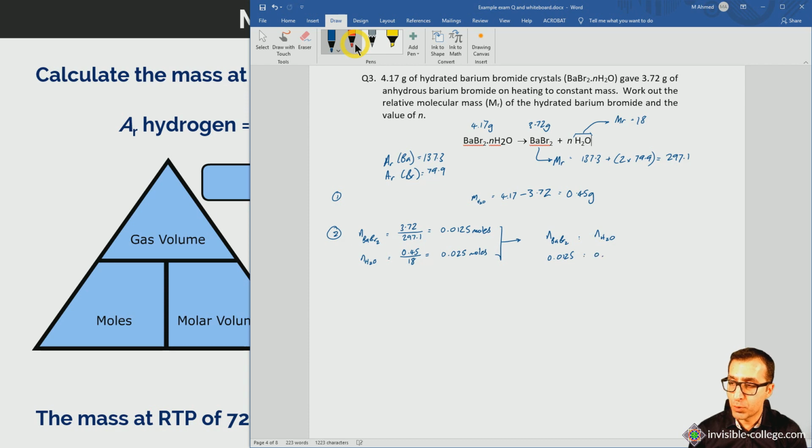0.0125 to 0.025. If we divide both these numbers by the smaller of the two numbers, we get a ratio of 1 to 2. So this tells us the ratio of barium bromide to water is 1 to 2. So if the ratio as expressed in the equation is 1 to 2, then N must be 2. N equals 2, which means that the actual formula of hydrated barium bromide